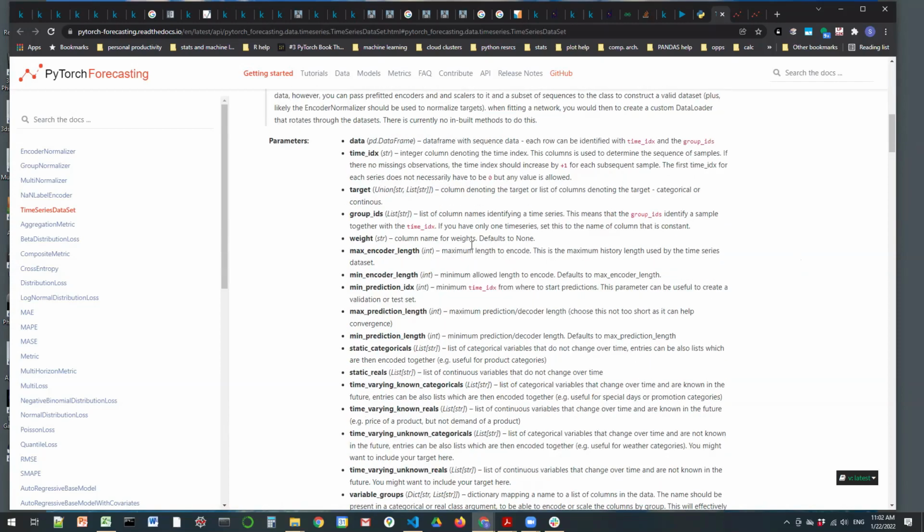Yeah, so that's where I'll have to see, but what he says here clearly is the maximum history length used by the time series data set. That's the encoder length. And sorry, I misspoke. My encoder length right now, as I have it in my current notebook, is from 1st of January 2021 to 20th of August 2021, because I finally broke down and I was just predicting the last month using the 8